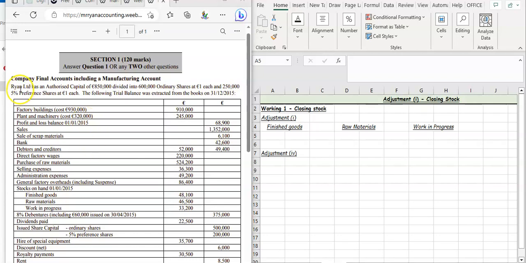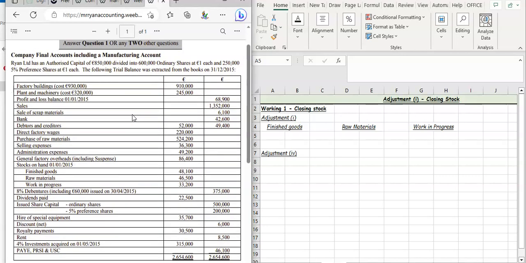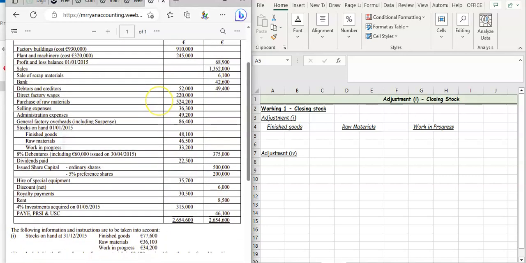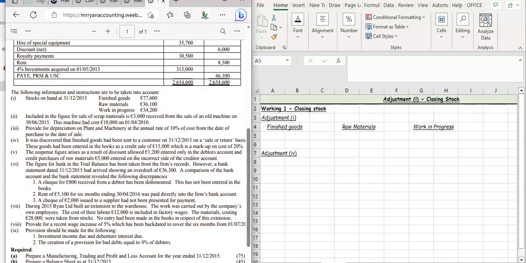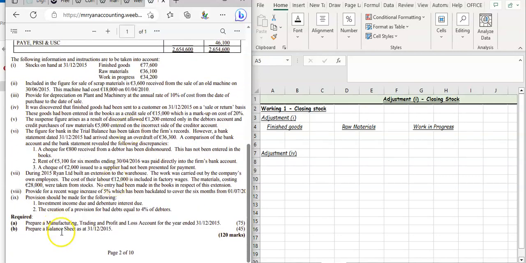Okay, so let's have a look at the company final accounts, including the manufacturing account for 2016 Ryan Limited. As usual, we'll have your trial balance. I'm going to do the workings before we complete our manufacturing account, trading and profit and loss account, and then our balance sheet. So the first adjustment here, stock on hand on the 31st of 12, 2015,